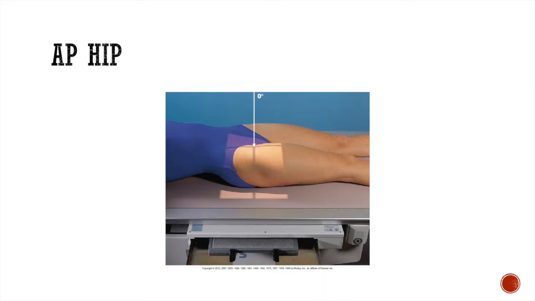And you can find the femoral neck using the hip localizing technique. Make sure to collimate to the IR, whether that be 10 by 12 inch IR or 14 by 17 inch IR, and you want to just collimate side to side if you're using a 14 by 17 inch IR. You want to shield other parts of the femur and the sides of the pelvis,